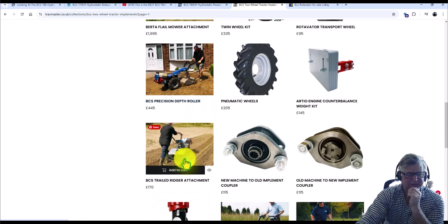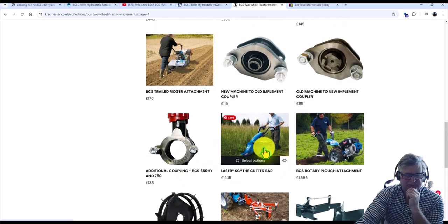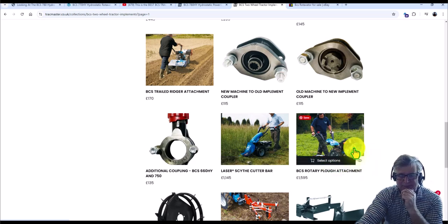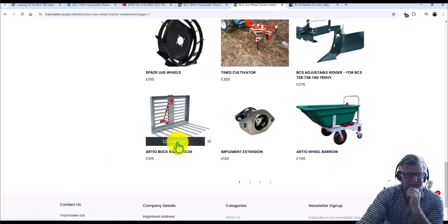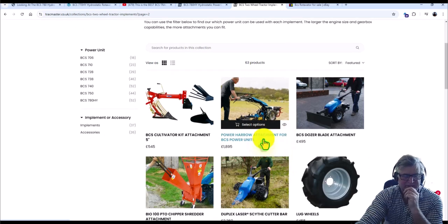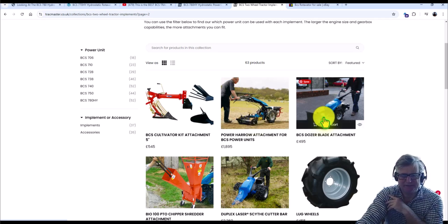Trailed ridger attachment, useful feature for ridging up potatoes. Sickle bar or scythe mower. There's the rotary plough that we saw in the picture earlier. Time cultivator, adjustable ridger, barrow, even a buck rake. Lots of things. Power harrow attachment. With that Crumbler bar on, I think you can just use the Rotavator with the Crumbler bar. Dozer blade,